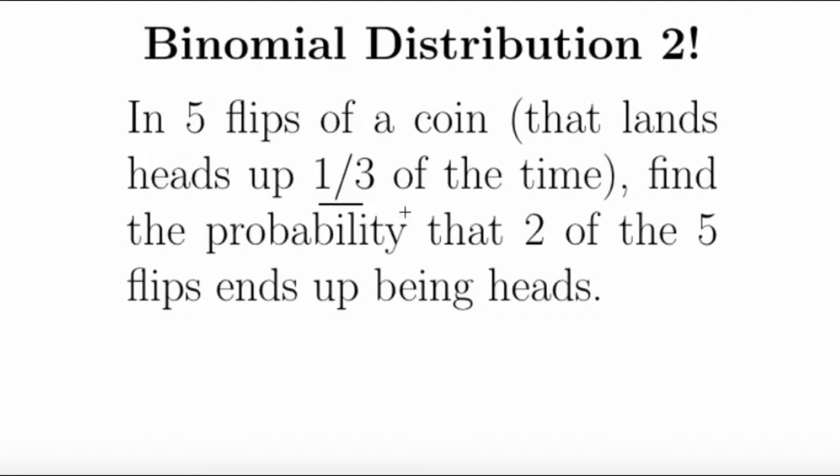Here's an item on probability. In 5 flips of a coin that lands heads up 1/3 of the time, find the probability that 2 of the 5 flips end up being heads. As usual, pause this video if you'd like to give this item a try, but if you're done, let us